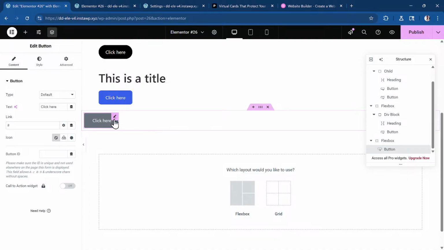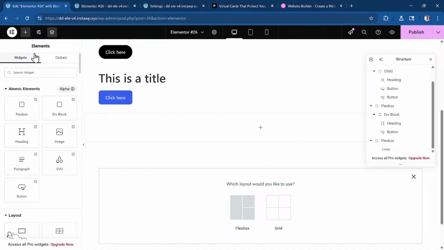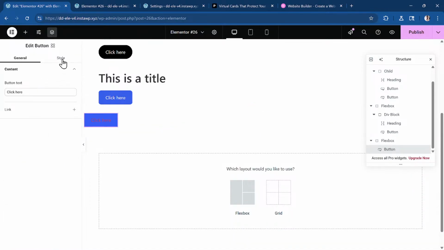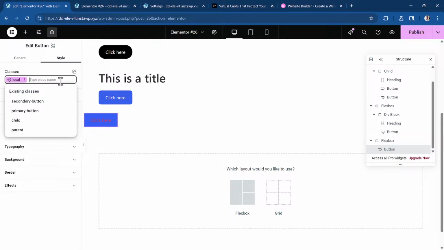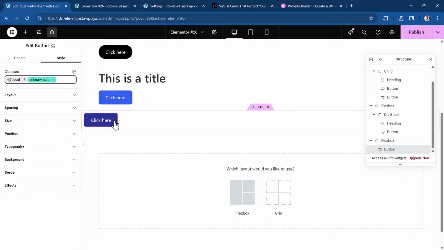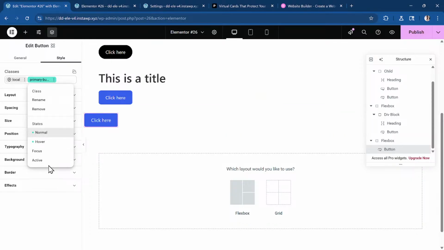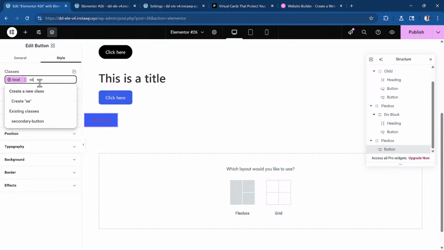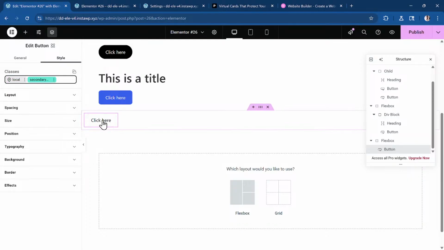Is that the right button? No. A button widget. And now, whenever I want to style the button, all I have to do is choose the class name that I chose. So I can either say primary button, and it changes to the primary one, or I'll say I want, let's remove this, secondary button, and it changes to the secondary button. And it could be on page 7 of your website, maybe your contacts page, and you want the button to reflect everywhere. All you have to do now is